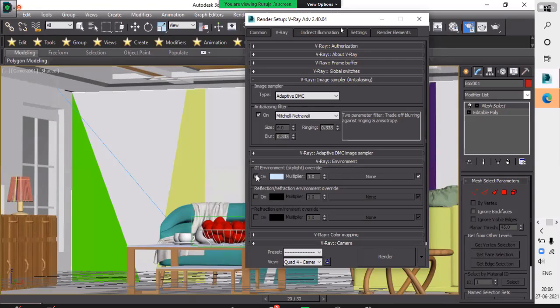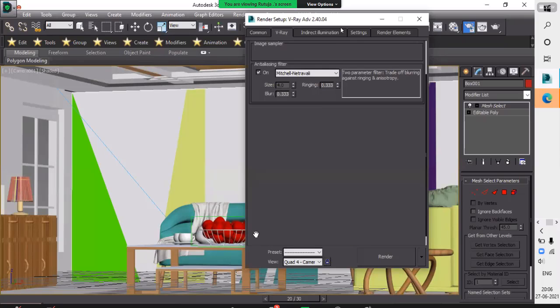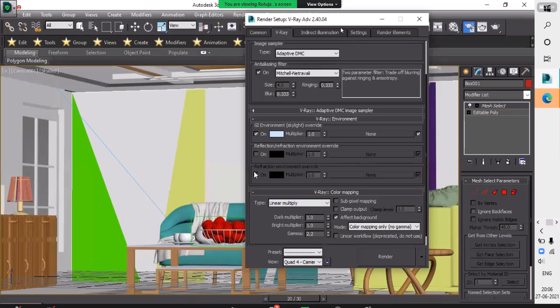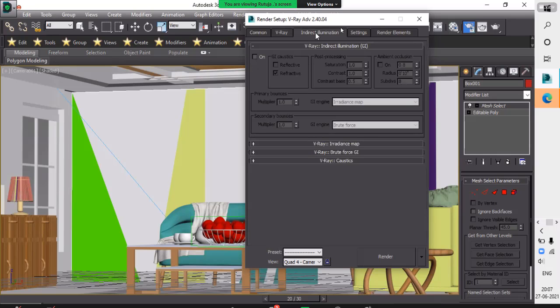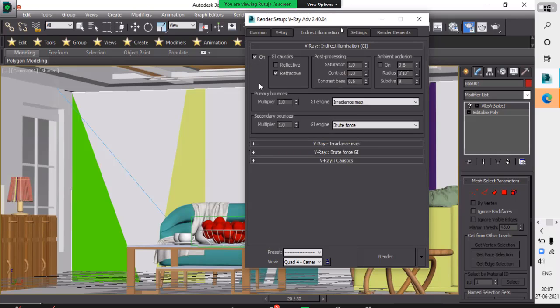Next, go to the eighth box and take Color mapping. Change the type to HSV exponential. Then go to Indirect illumination and turn it on.